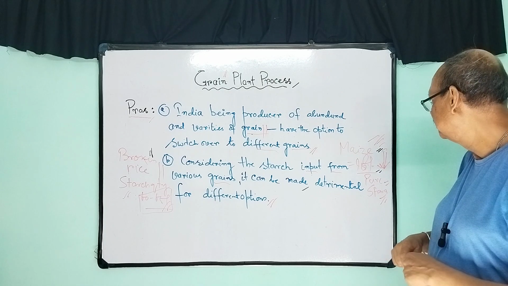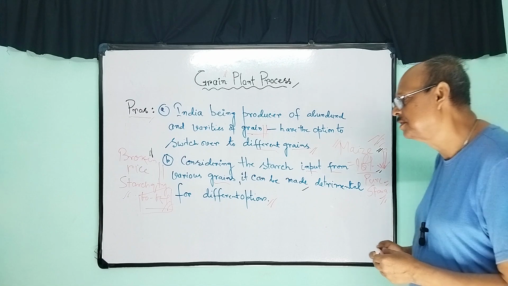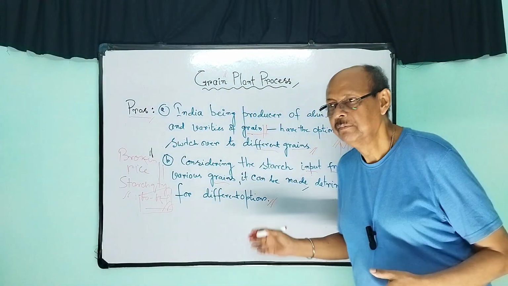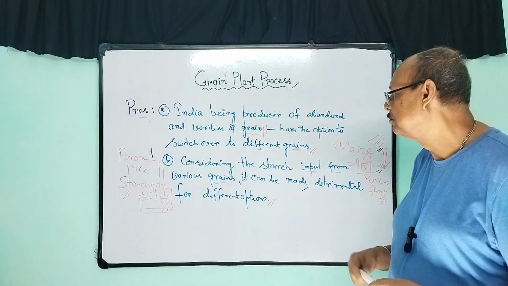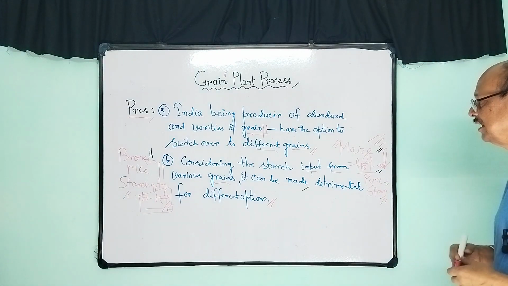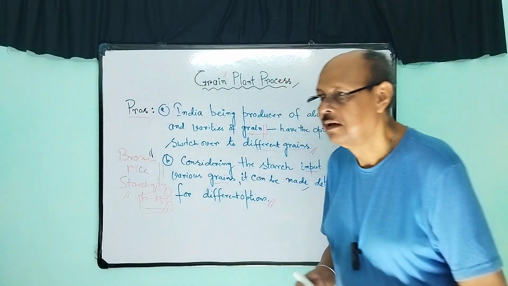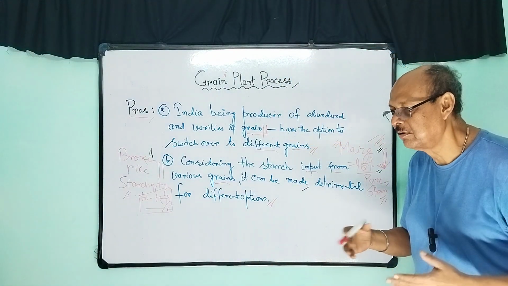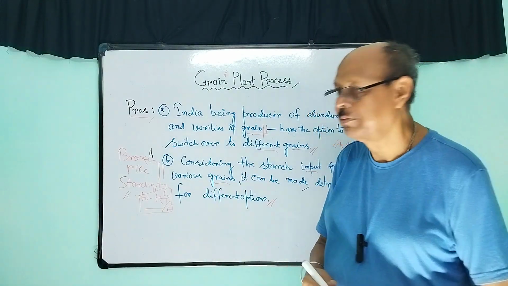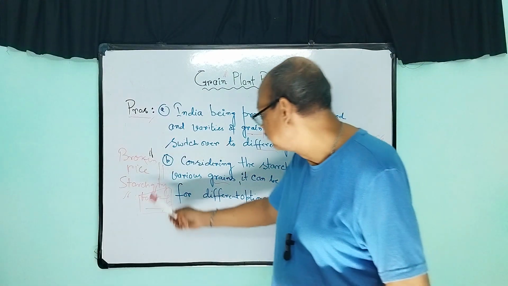So considering the starch input, maize will be the best option because it has around 90% starch, and the balance 10% is moisture, so the byproducts as well as the waste product will be comparatively less, almost nil in such cases. Whereas if we are using broken rice, which is abundantly available in West Bengal as well as Punjab and Haryana, it will have starch of around 60 to 65%. So the balance 25 to 30% will be impurities